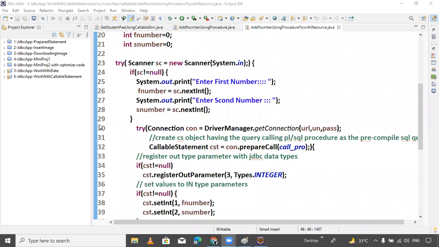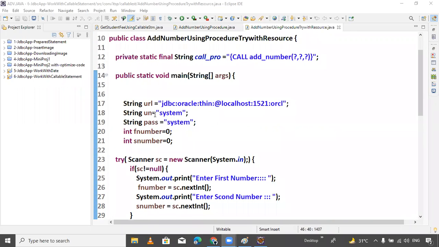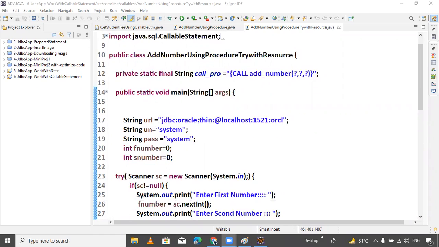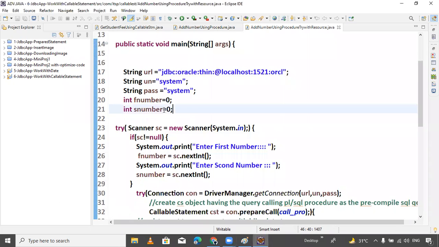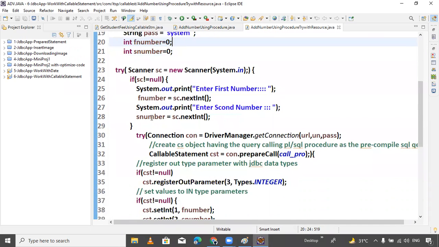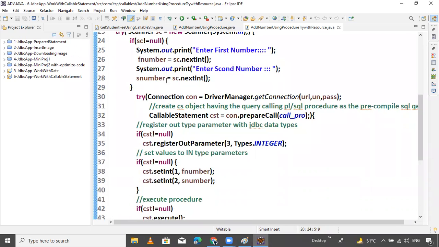Last video we discussed how to execute procedures, and one procedure we created adds two numbers inside the procedure. So this is the last example, guys.